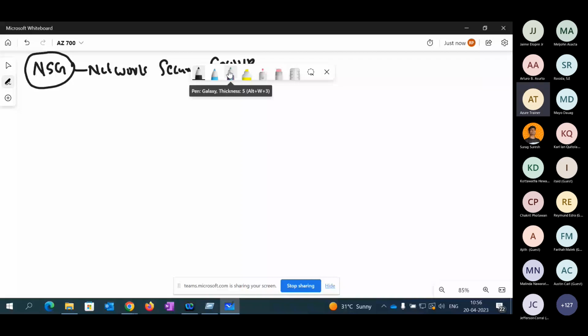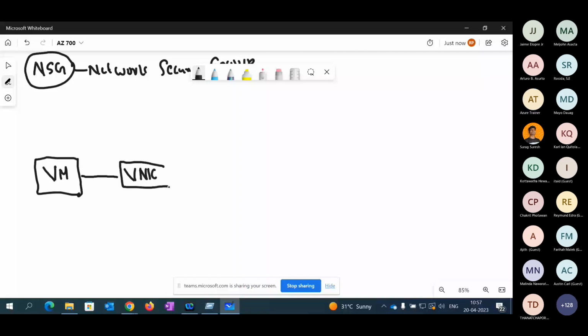Right now, if you go to a VM, how a VM is created in Azure, you may notice you have a VM available. This VM is attached to a network card, known as VNIC.